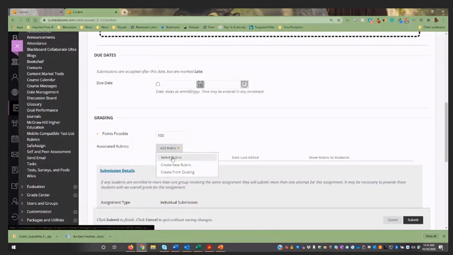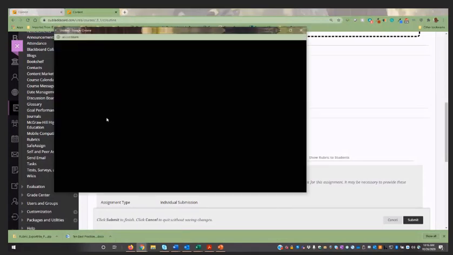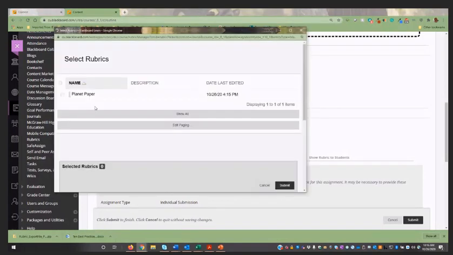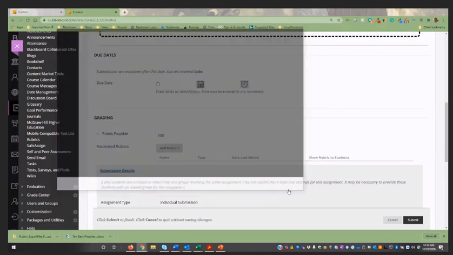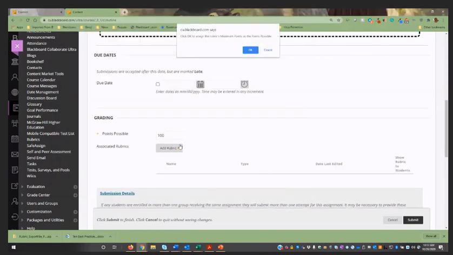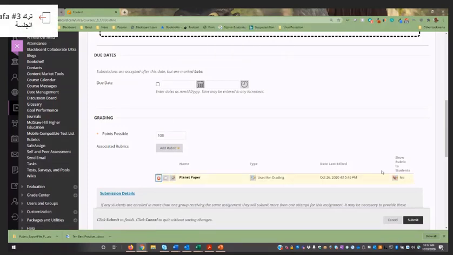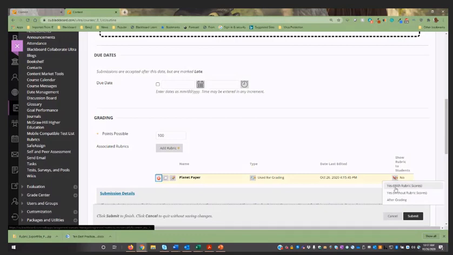So I'm going to select a rubric. And now we see the planet paper is there. I'm going to select it and attach it. It says click OK to assign the rubric's maximum number of points. We looked and they both are 100, so it shows. Now if you brought the wrong one in, you can delete it. You want to come over here and make sure the students get